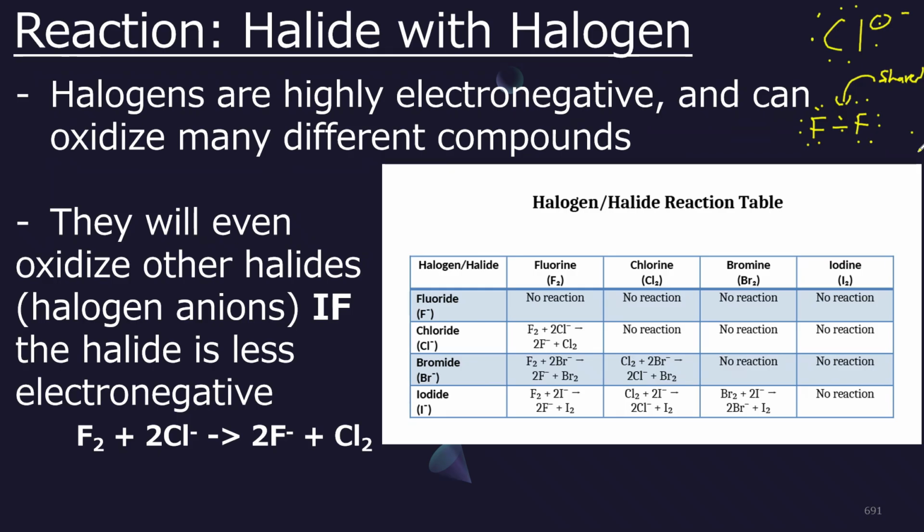Okay, but if you mix F2 on the top with chloride anion on the left, there is a reaction. F2 takes the electrons, chloride loses them, we form F minus and Cl2. But any other mixture with chloride doesn't actually work, right? Chloride with chlorine or bromine or iodine in the second row, there's no other reactions because chlorine is the second most electronegative halogen. So once it gets the electron, it's not going to give it to any others except for fluorine, F2.